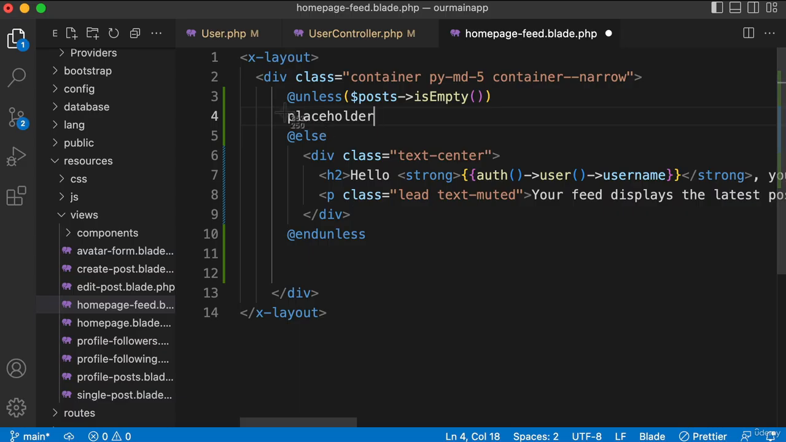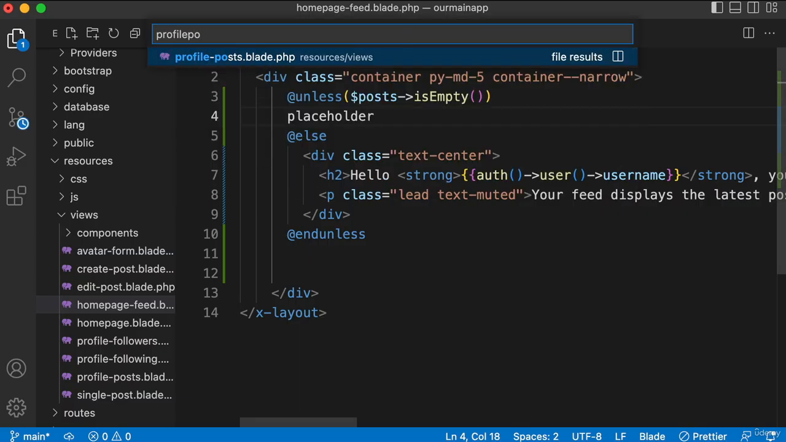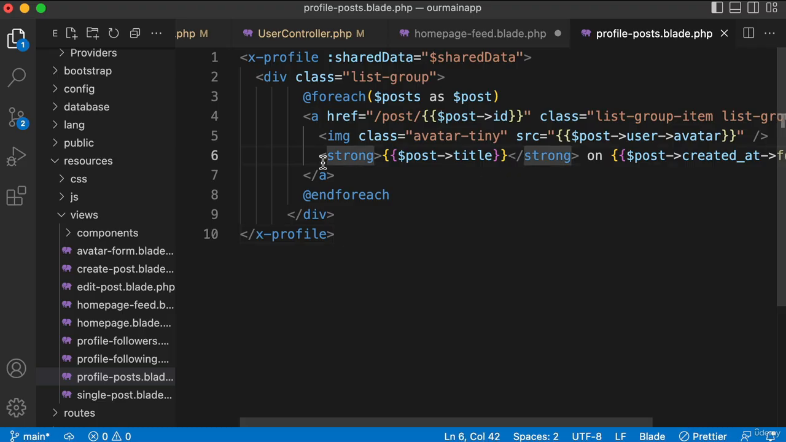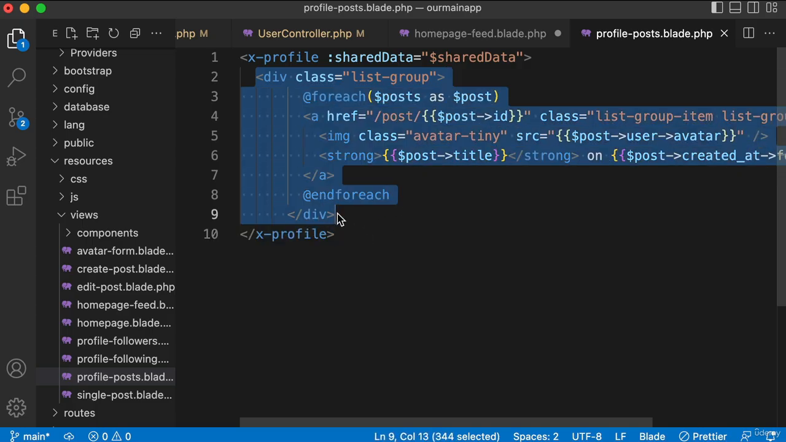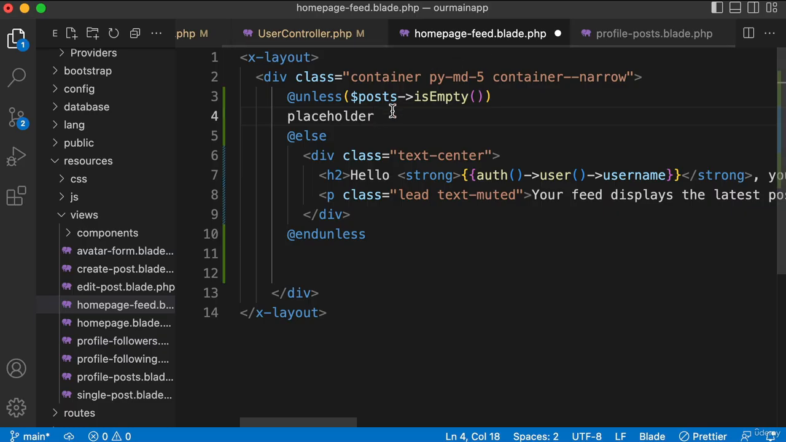So in order to save a bit of typing here, I would just go into my profile-post.blade.php file, and I would just copy all of this. So from the div with a class of list-group down to the closing div, I would just copy that into my clipboard. Back in homepage-feed,